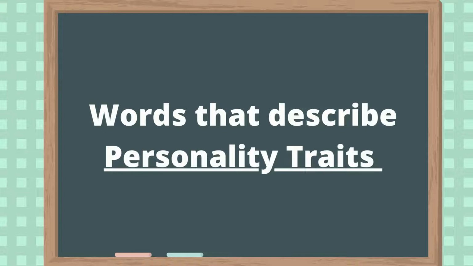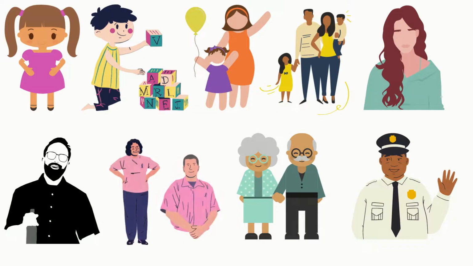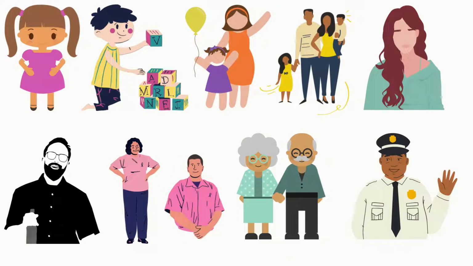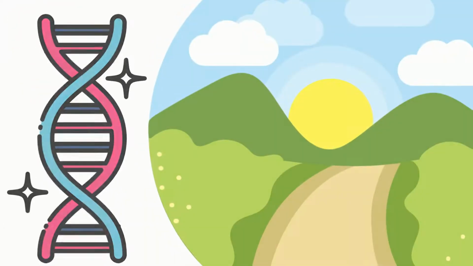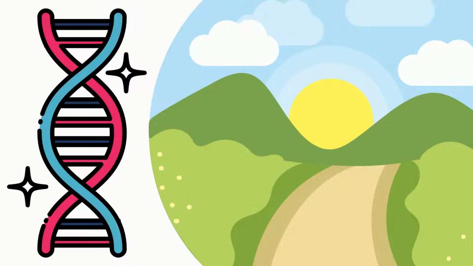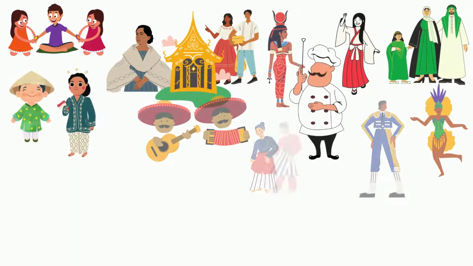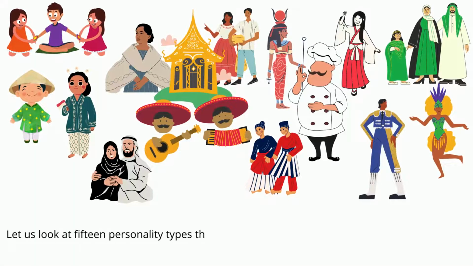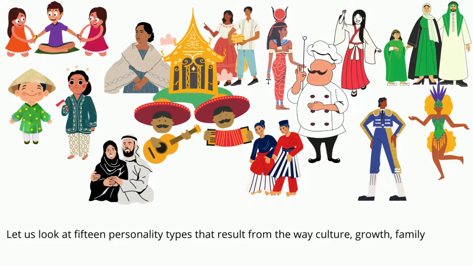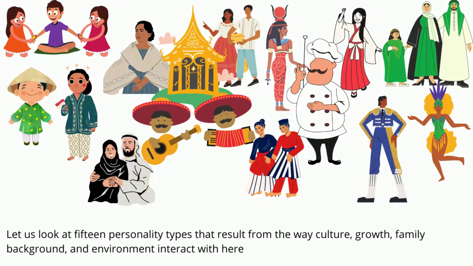In this video, we'll be talking about the words that describe personality traits. Every human being is unique. Everyone's personality is determined by a combination of genetic and environmental factors. Now, let us look at 15 personality types that result from the way culture, growth, family background, and environment interact